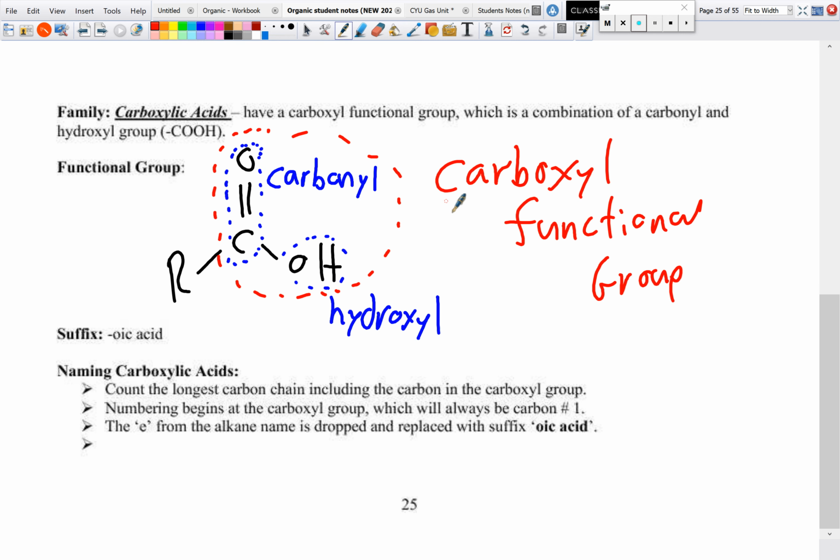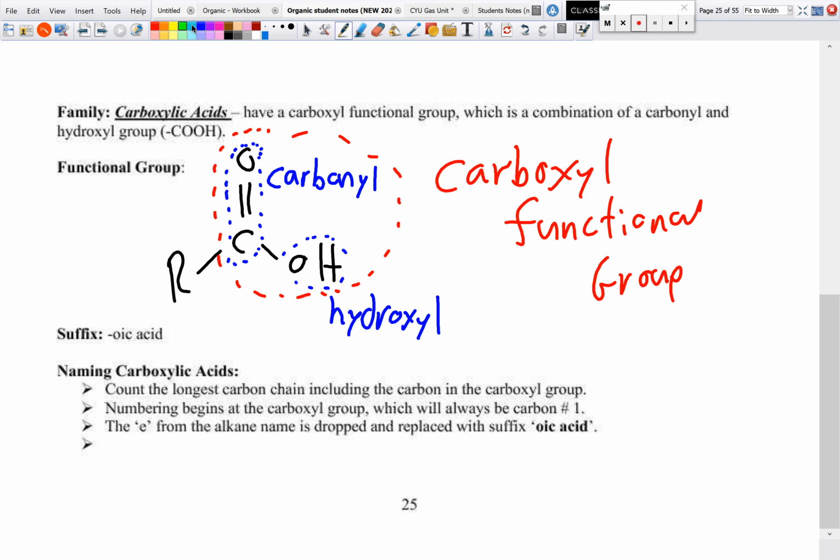So you can see the carb part comes from the carbonyl, and the oxyl part comes from the hydroxyl, so we basically sandwich those two words together, the carbonyl functional group and the hydroxyl. Now, when we're naming our carboxylic acids, these are probably one of the easier ones to actually name, because there's going to be